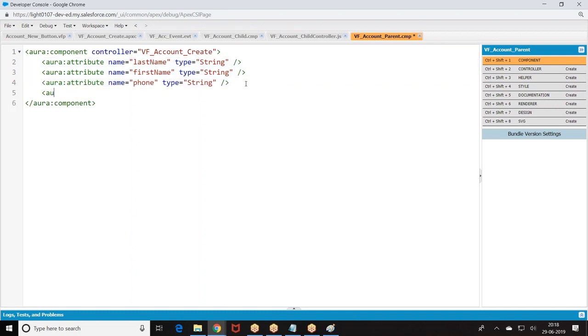Then this is going to handle the event. It's handling the event. Event action invoke.